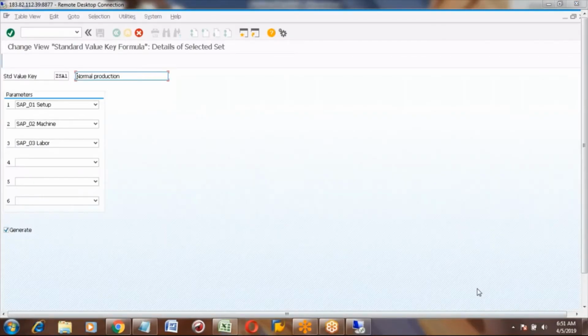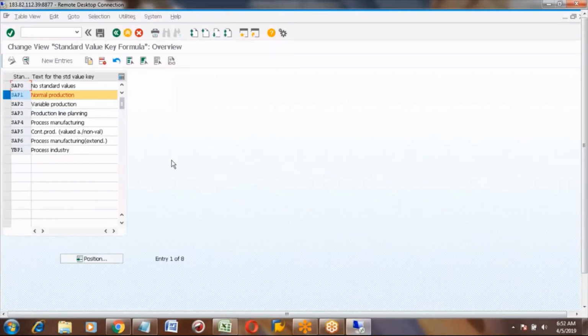So now I am in the initial screen of standard value formula. You are able to see SAP 0, SAP 1, 2, 3, 4, 5, 6. You can select any one of these and click on copy.